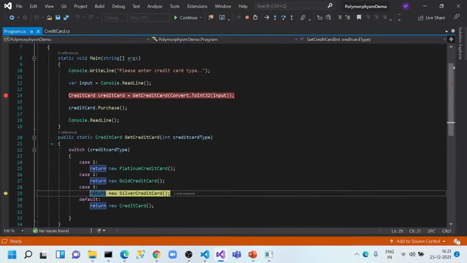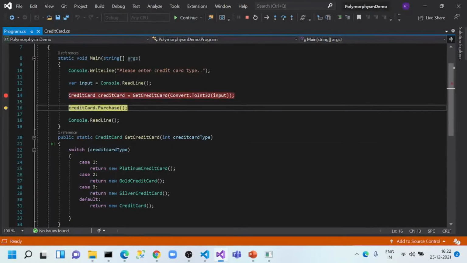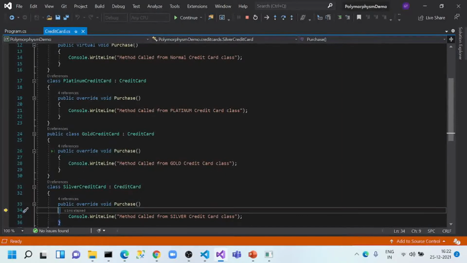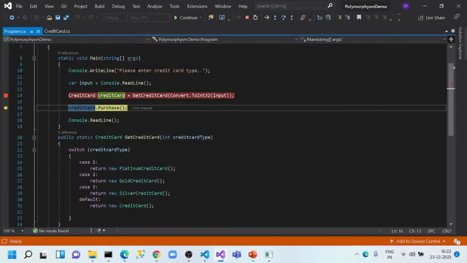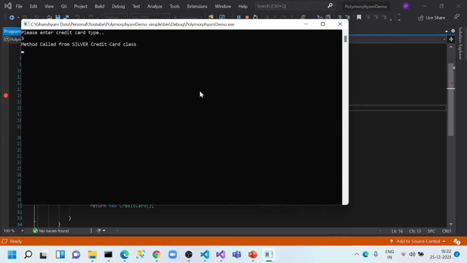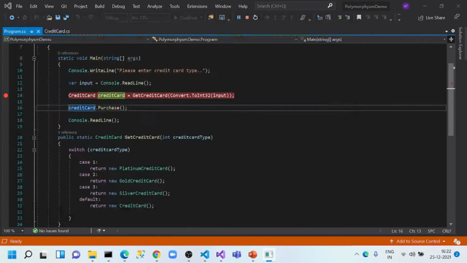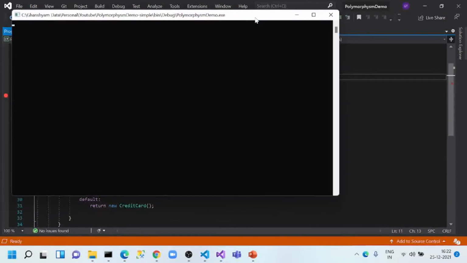Now the silver credit card, and the main, and you can see that if you press F11, you will go directly to the silver credit card, and if you continue, the method is called from the silver credit card.